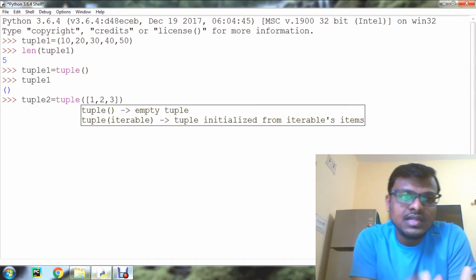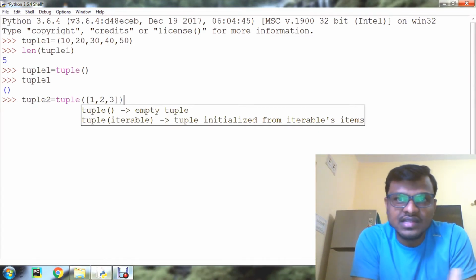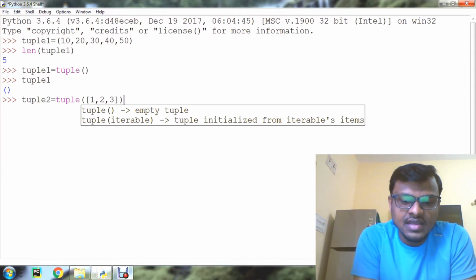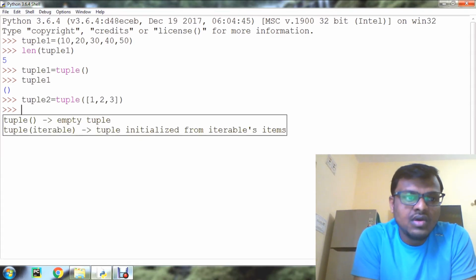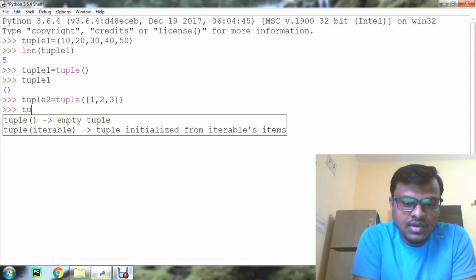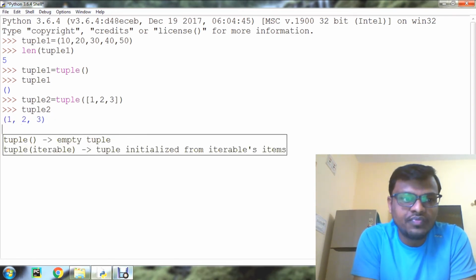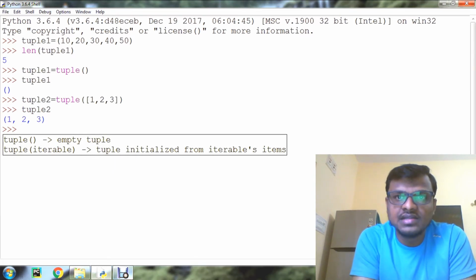So this is a list sequence. I'm passing the list, so now tuple2 is created from the list. Now print tuple2: 1 2 3, understand?